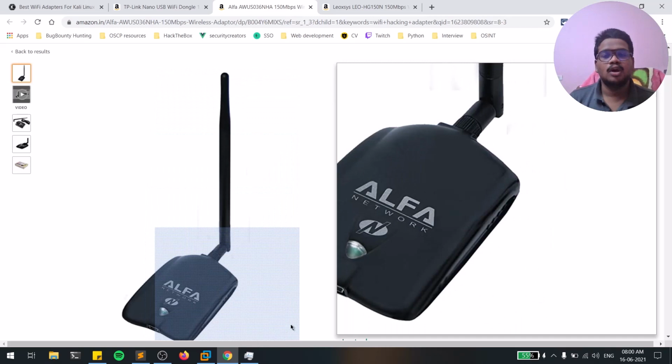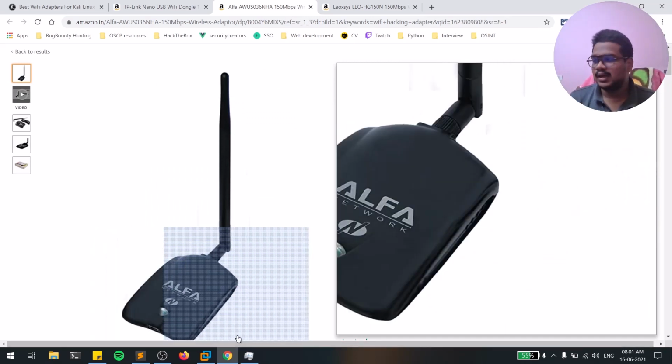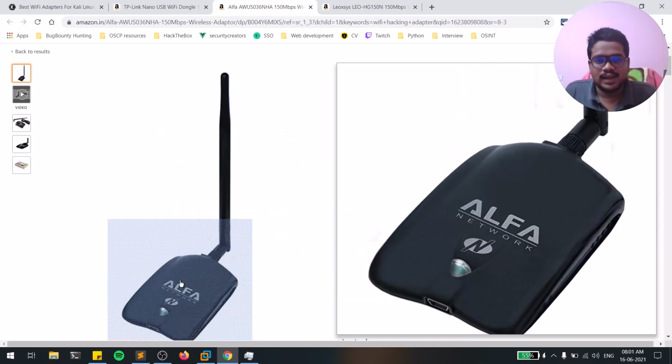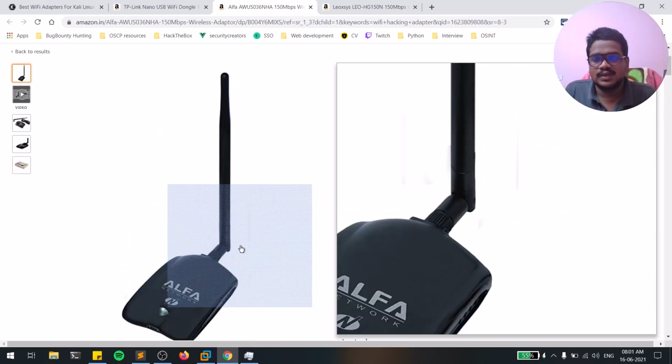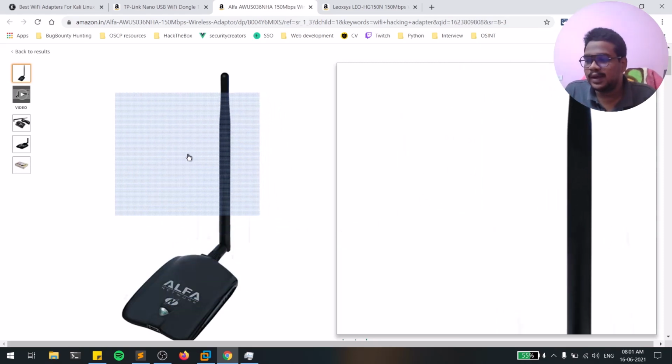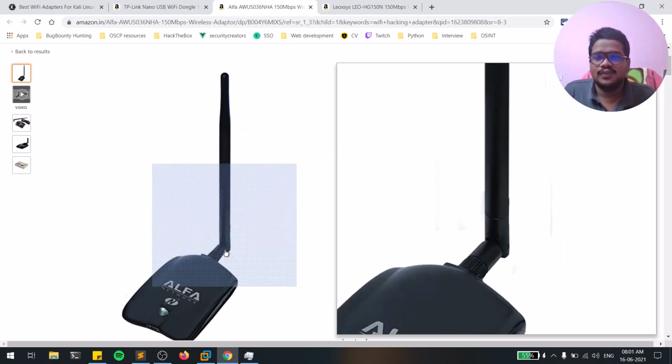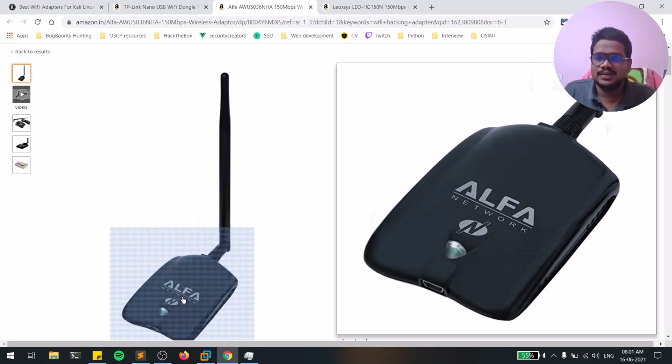The only problem with this is it only works in the 2.4 gigahertz Wi-Fi range. Other than that, it works absolutely fine and can do various stuff. It can also have master mode, which we will discuss in later videos. This is one of the best, so if you are willing to learn a lot of things, this is the one I could recommend.